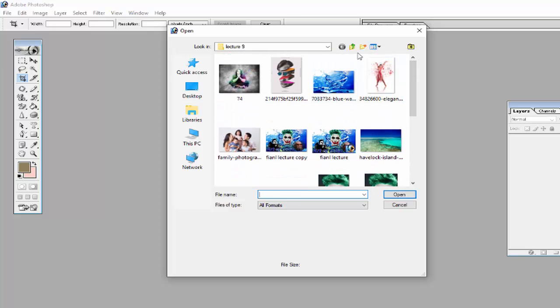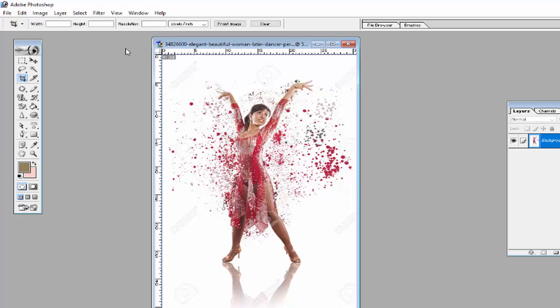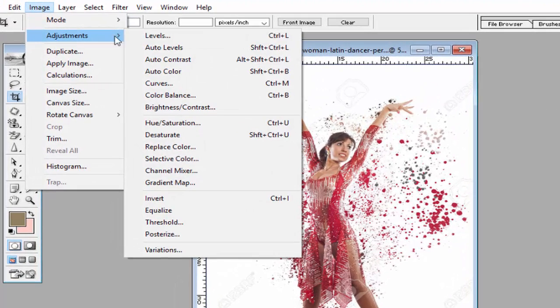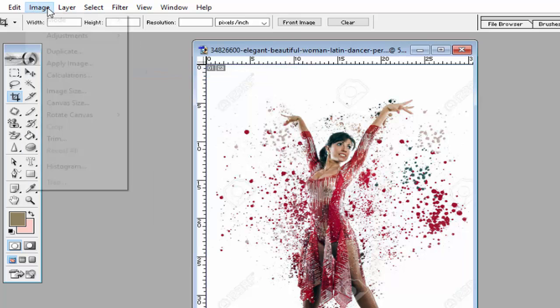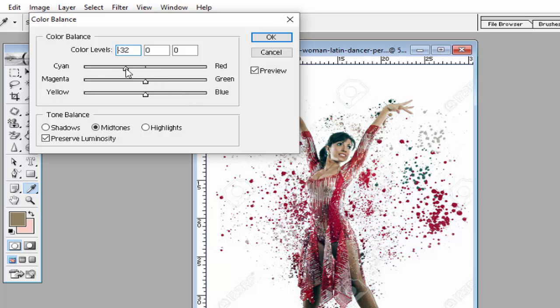Now we will use another image to adjust the other colors in this file. Use some other image like this. See this image, and now we will apply the other adjustment options on it. You can use Auto Color to adjust the colors of the image automatically. And if you want to adjust color balance, use the Color Balance option, shortcut key Ctrl B, to adjust the color, like increase the cyan color or the red color, increase the magenta color or the green color in the image, increase the yellow color or the blue color. So this is a way to balance your colors.